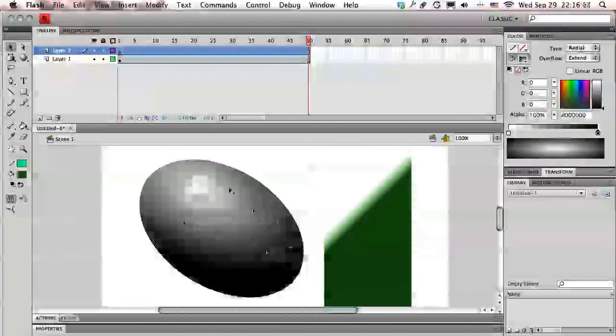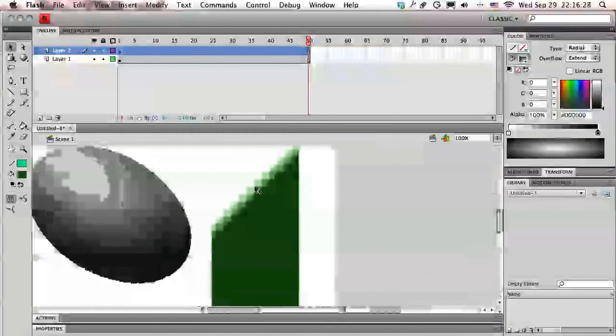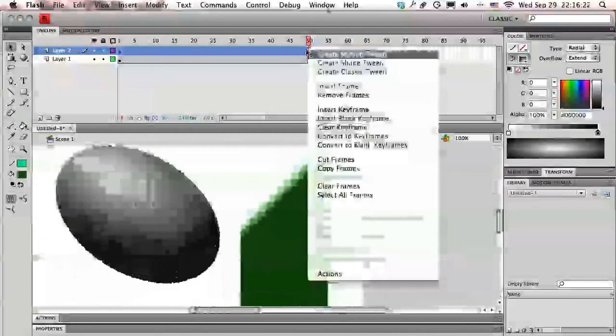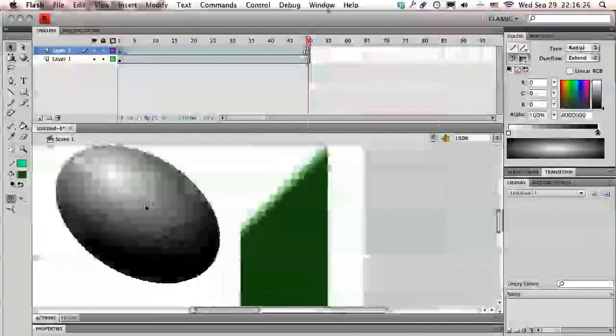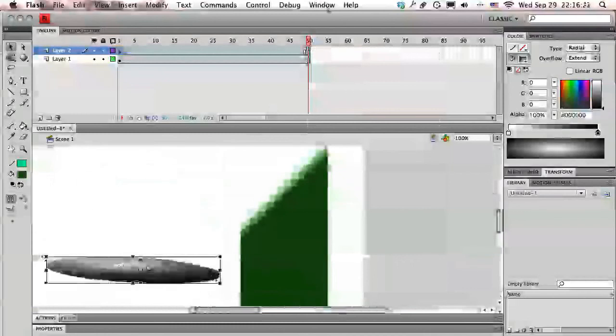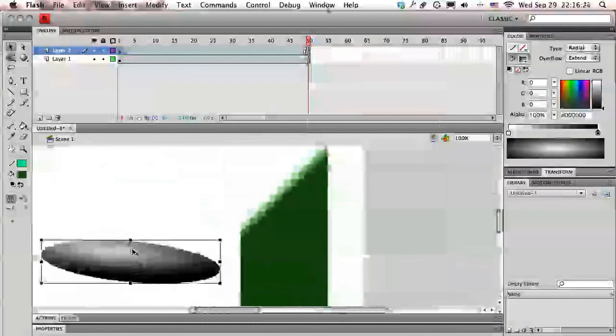You can even have it change into a different shape. It's just going to morph from one frame to the next. So I'm going to right click here, insert keyframe, and press Q to get the transform tools,